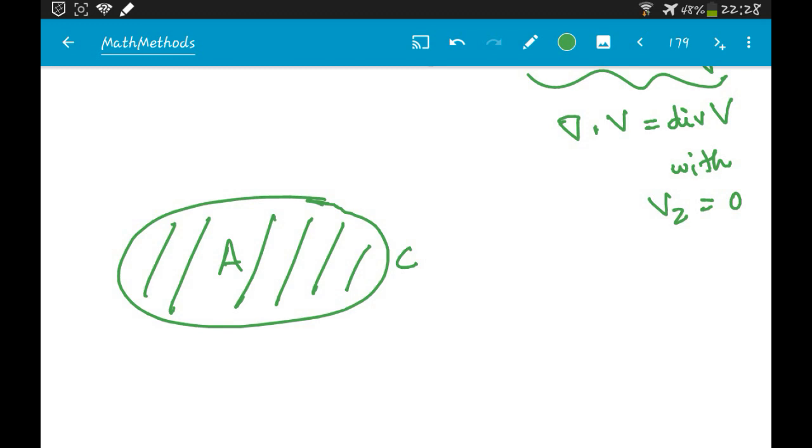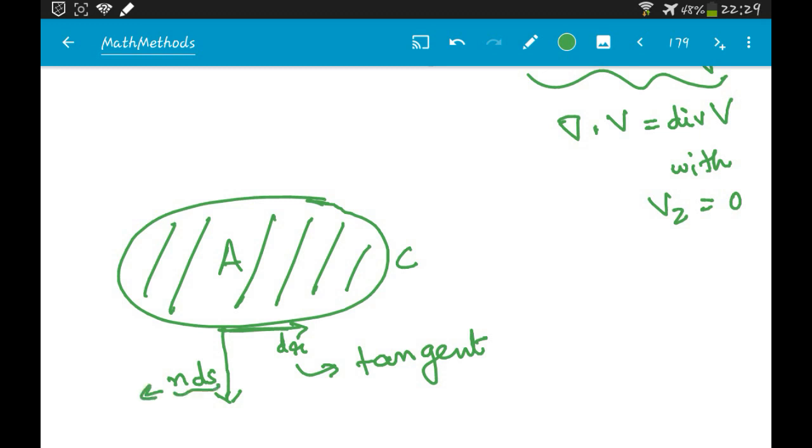Okay, so at any given point we can find the normal to the curve. Normal means a vector which is perpendicular to it. So at this point the vector perpendicular to the curve will be in this direction here, and this is our r, which gives our dr, and this is going to be our n ds. So dr represents the tangent and this represents our normal.